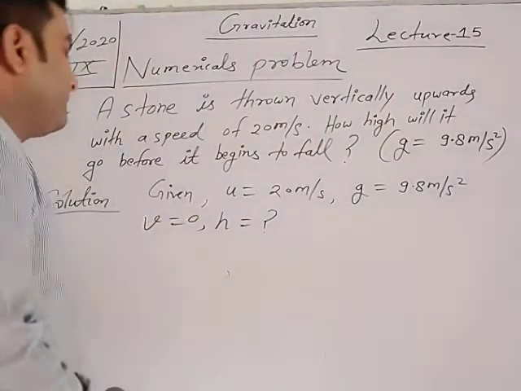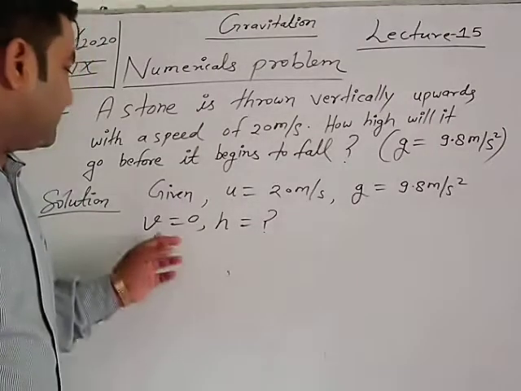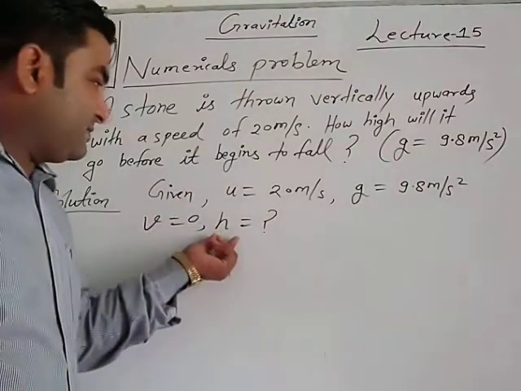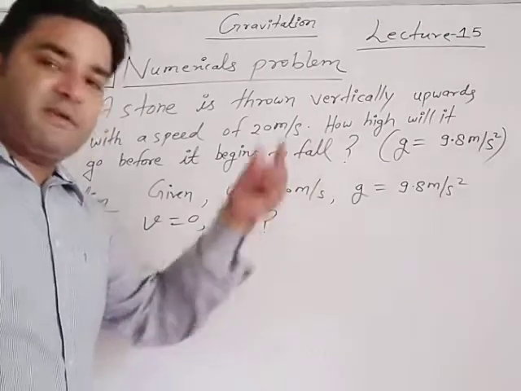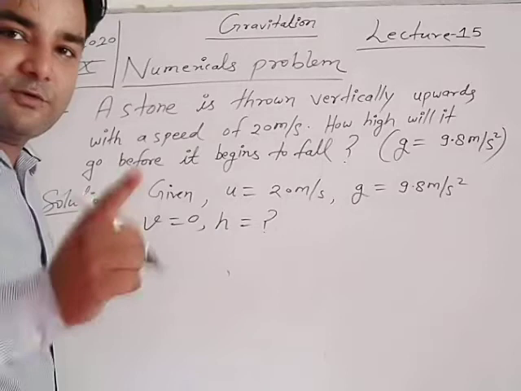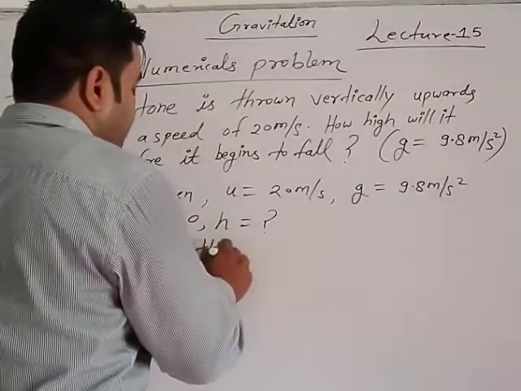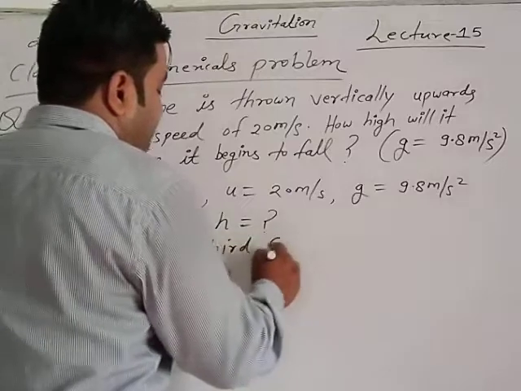Final velocity will be 0, and we have to calculate what? H. Then in uv, this is at the place of s, and here at the place of a. A, u, v and s containing a equation, that is the third equation. So by the third equation of motion,